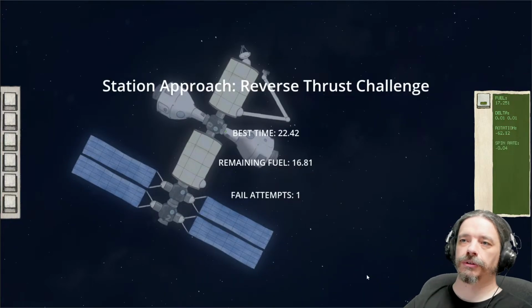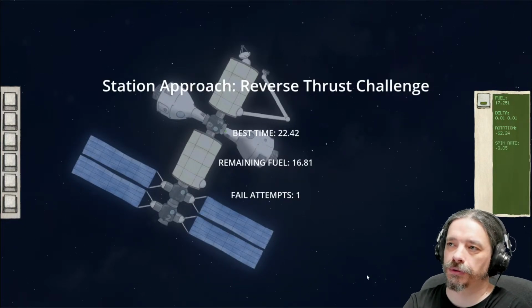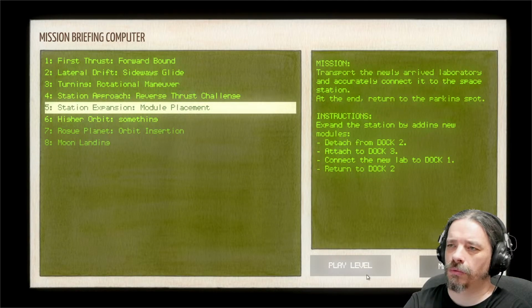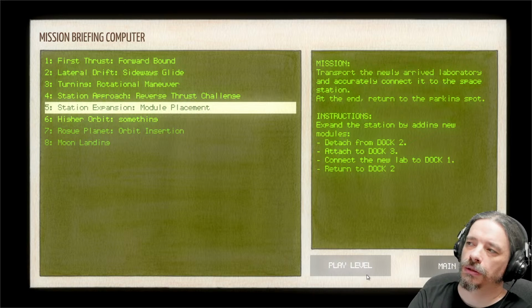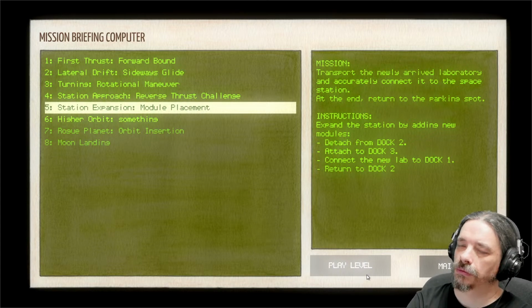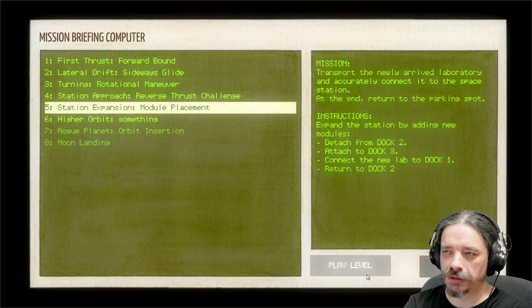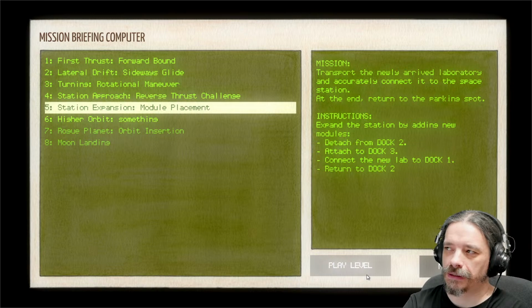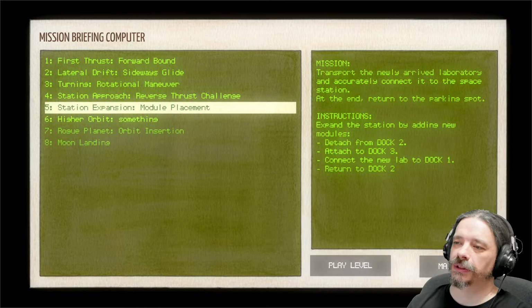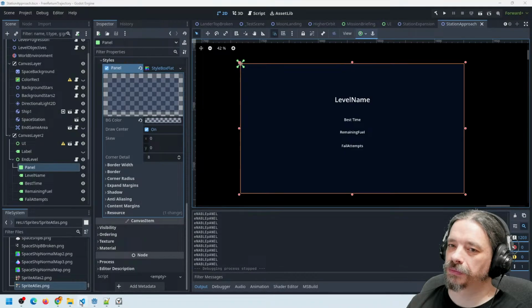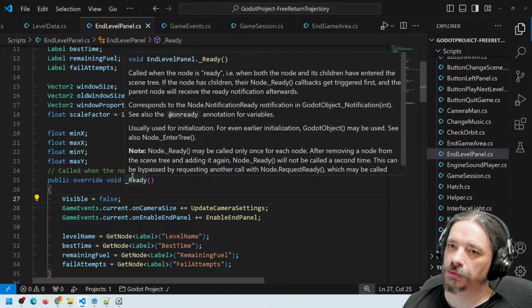Station approach, reverse thrust challenge, best time 22, remaining fuel 16, is not correct, fail attempt 1. Why is it not the same? Or maybe I'm showing the previous saved version of... Maybe I'm not saving in time. Yeah, I'm putting the numbers there, but I'm not actually saving, because the saving happens when we call. So